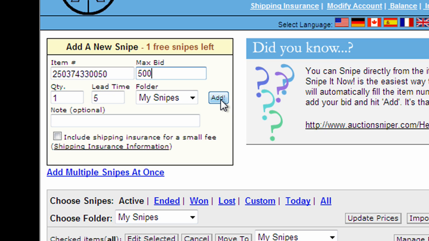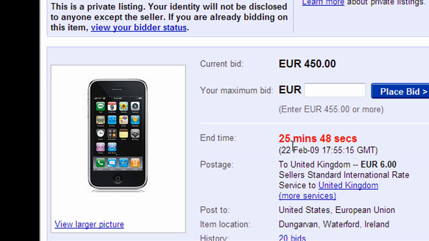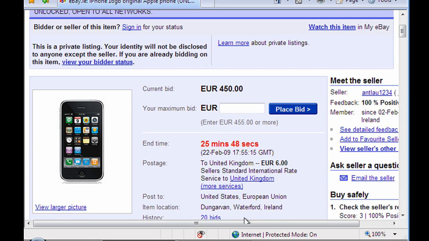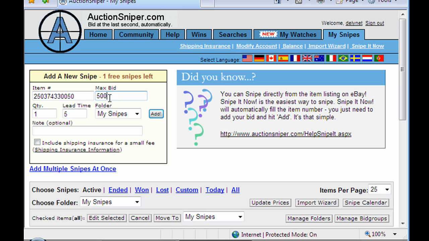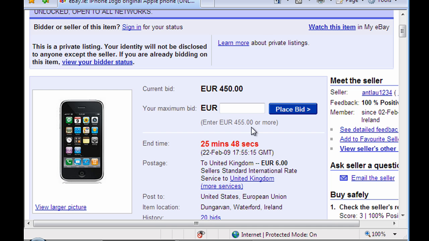So that's it, done. What happens is, as this auction goes on, there's only 25 minutes left in it. And if the price is still at 450, well, the Auction Sniper service will automatically put a bid on of 455 euros with about 5 to 10 seconds left to go. Now, there could be other people using the Auction Sniper service as well, so there'll be a huge flurry of activity in the last few seconds of this auction. Now, the Auction Sniper service will keep putting a bid on for you up to a maximum of 500. So that if somebody in the last few seconds puts 505 on the phone, they will win the auction,